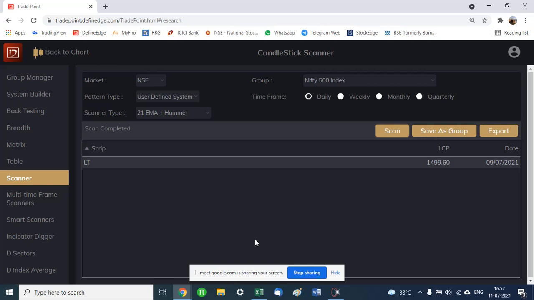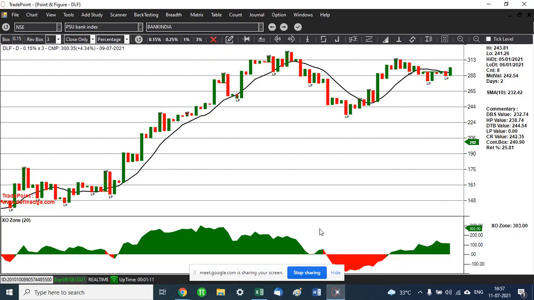I'm not so sure. Actually, web version I'm not using for live data. Web version I'm only using for my research work. I use the desktop version for all my live work, all the live data. So you'll have to look into that. You have to go to their website and the plans are listed. It tells all the features, which is available in what.